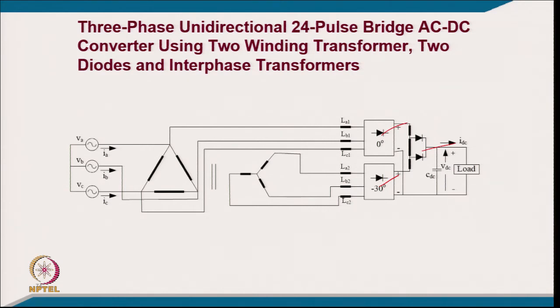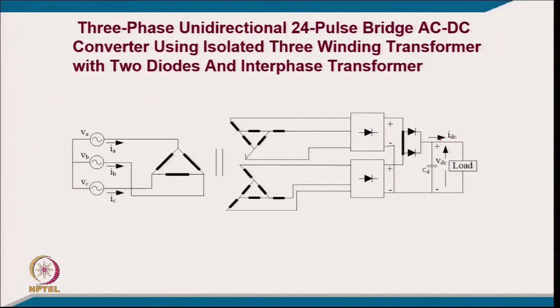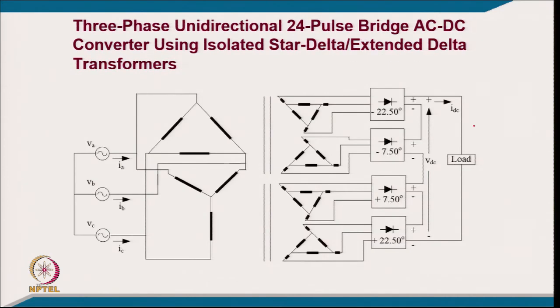But through ripple injection we can increase the number of pulses, not necessarily just double, 3 times, 4 times also people are able to practically realize, even in research laboratories. And this is again with pulse doubling 12 pulse to 24 pulse, and this is really true 24 pulse with the 4 bridges, how we are connecting it and getting a phase shift from these 2 transformers with the extended delta, and we are able to get 24 pulse, all bridges we are connecting, and 15 degree of course